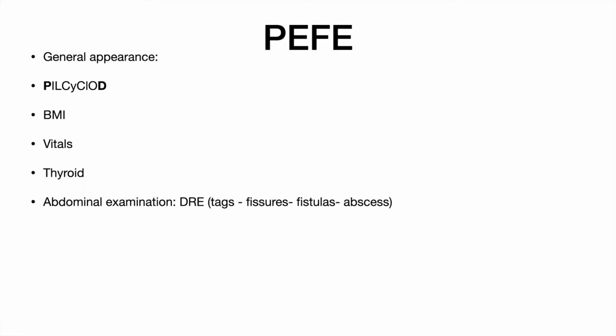Start with inspection, like if you can see any abdominal distension, any scars. Then on palpation, if there is any tenderness in any of the quadrants, and maybe if there is any organomegalies. Then on auscultation, ask if you can hear the bowel sounds. And here, don't forget to do the digital rectal examination, and also mention that you'd like to do that with the presence of a chaperone and with the consent of the patient. Here you'll be looking for any skin tags, fissures, fistulas, and abscesses.